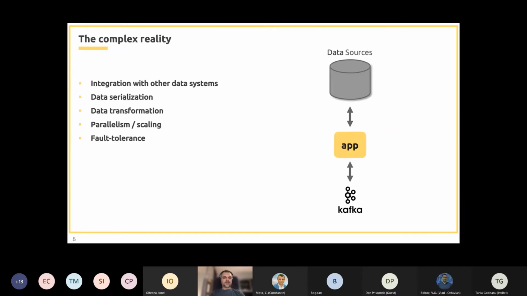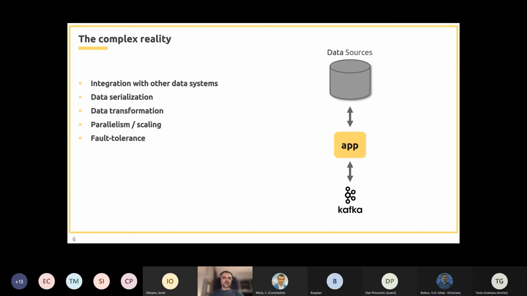This looks very easy, but in reality things are more complicated. That's because our applications usually need to interact with data stored in external systems. For example, we might need to pull data from one external system, process the data, and after that, push it into another external system.